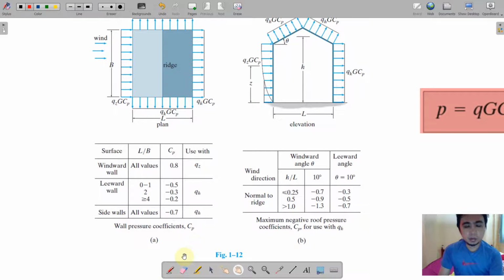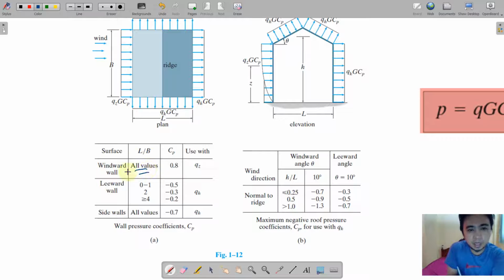So this is the table. There are values for CP on various conditions. Ano ba yung ini-investigate natin dito? L over B. What is L? Ayan, L yung harap na dimension at yung B is yung dimension that is perpendicular to the wind direction. Okay? So sa L over B, kapag all values, whatever the value of L over B, kapag windward wall ang pinag-uusapan,